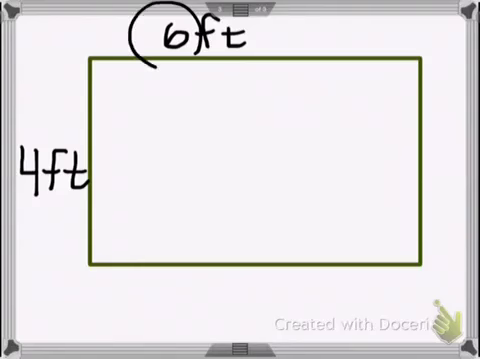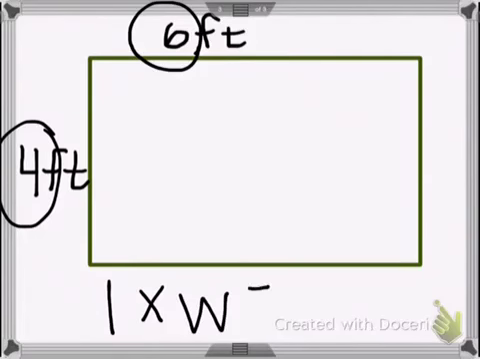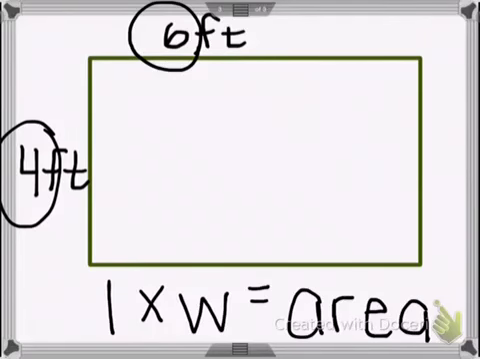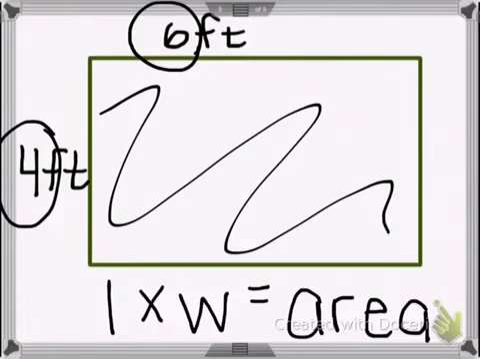We'll be taking the length measurement and multiplying it by the width measurement. So I'll write L for length times W for width equals the area of the object. And it'll tell you how much paint I would need to cover this entire rectangle. So length times width